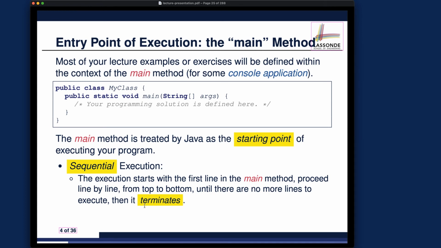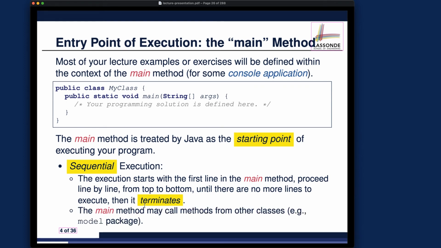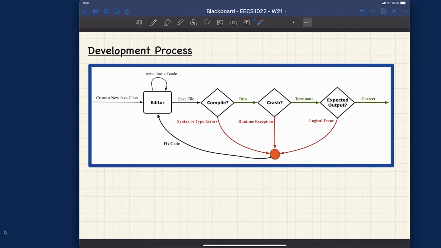Later on, when we introduce loops into your program, you have to be cautious about the possible non-termination of your program. Non-termination is always bad. Okay. And then the main method may call methods from other classes, for example, from the model package, right? Remember this particular